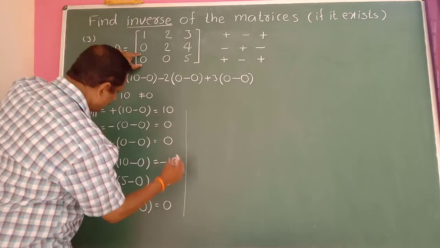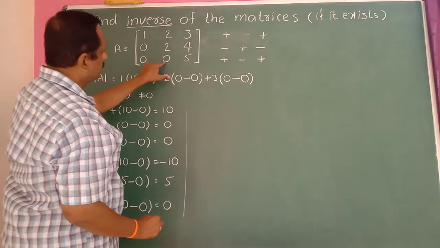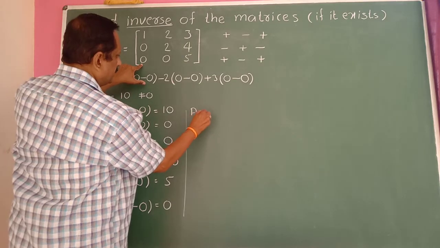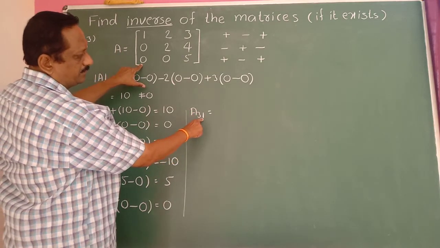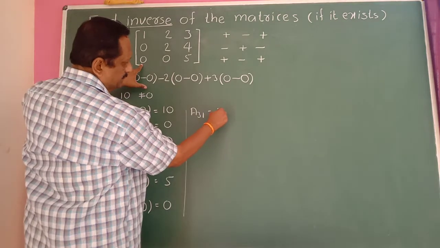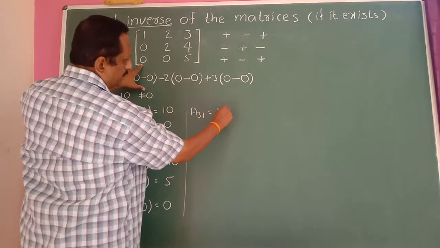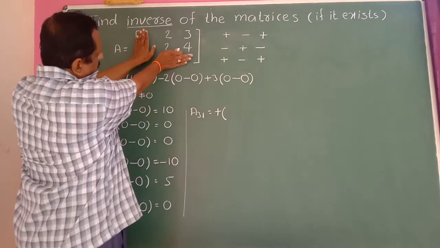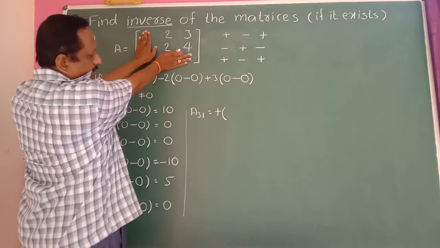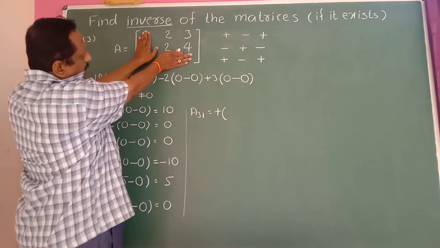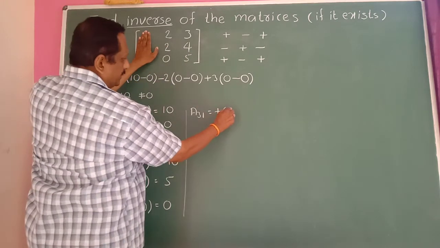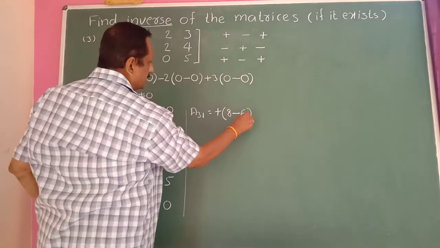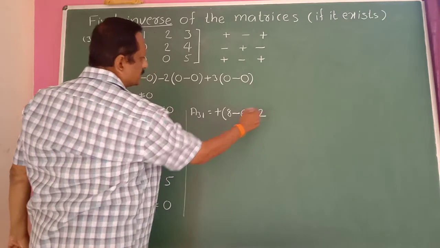Then you find the cofactor of this element here. This is in the third row, first column, A31 here. A31, 3 plus 1, 4, even number, take a plus sign. Means I write a plus sign here. Deleting third row, first column, like this. These are the remaining elements here. Therefore 2 4s are 8. So write here 8 minus 3 2s are 6. It is 6 here. 8 minus 6 gives plus 2.